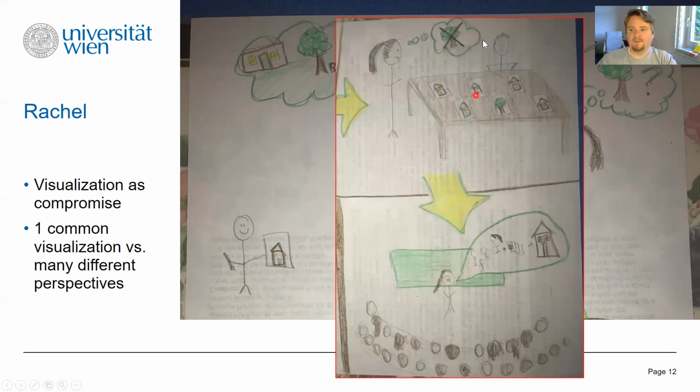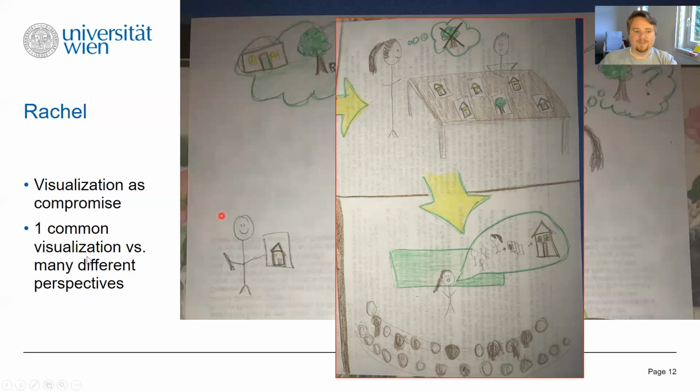And then we, in a participatory visualization process, somehow come together and put all our topics on the table. So there are a lot of houses and just one tree. And then at the end, we have to come to one result, to one common visualization. And then we have to present to the crowd that at the end, we actually talked about houses, because there's only space for this one compromise and for one house. So that's how I interpreted your